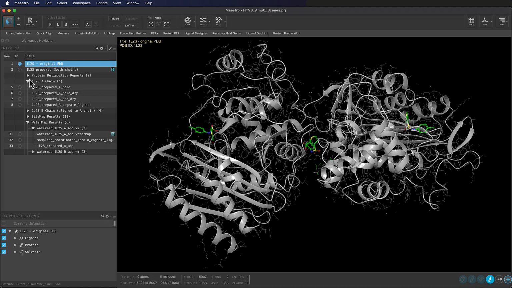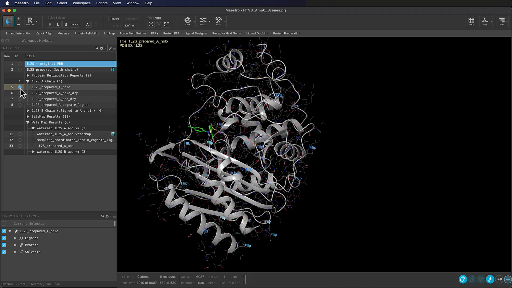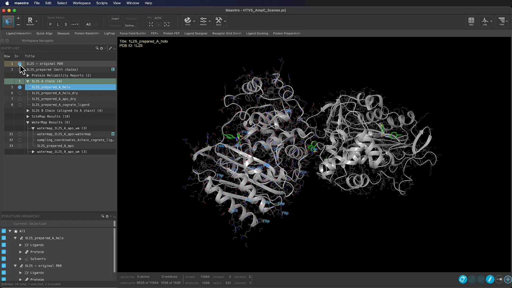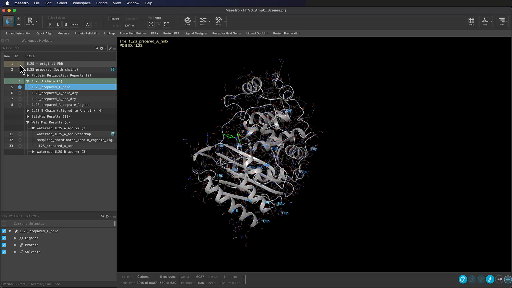In this example Maestro project, we have carried out the protein preparation, so let's go ahead and include the prepared 1L2S prepared A hollow entry below the 1L2S A chain group header to take a look at what this means. Comparing this entry to the original PDB, we can see that the chain A entry contains a single copy of the AMP-C beta-lactamase structure, whereas the original PDB entry is a homodimer, that is, two chains of the same protein. As part of the preparation process, these chains have been split into separate entries, aligned and grouped for ease of comparison. We can also see that hydrogens have been added